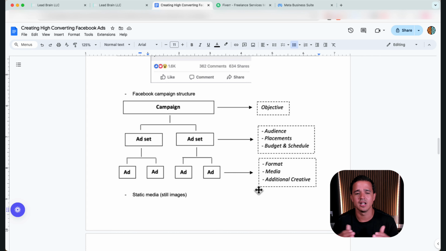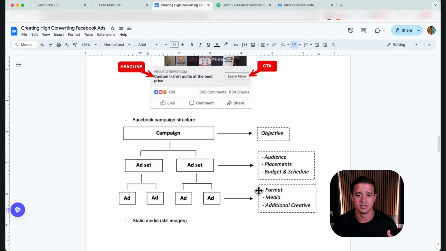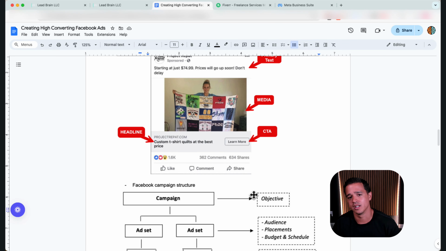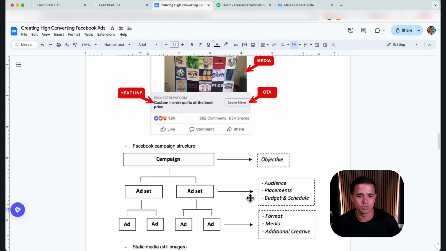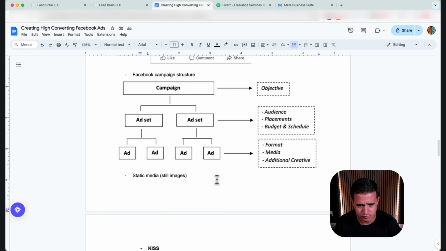And then you have the ad set level, where you have audience, placements, where you want to place the ad, budget, scheduling, targeting, that kind of stuff is configured in the ad set. And then you have the actual ads themselves, which is the picture I showed you up here. That's where you put all that stuff in. And you select, hey, what's the call to action? We're going to send them to a lead form and so on. You'll see. We're going to dive in and do this practically.